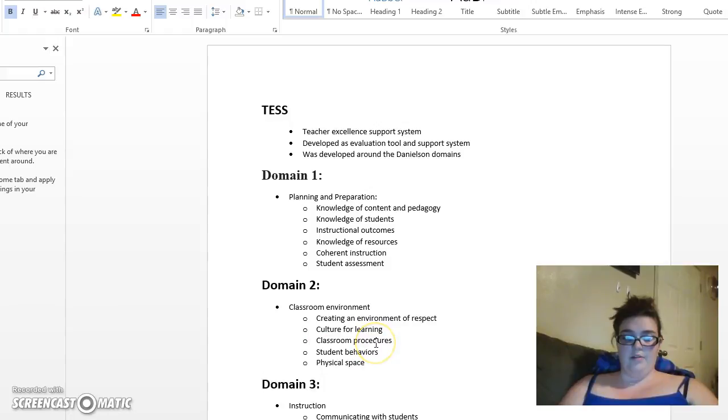And then student behaviors, you need to manage their student behaviors with expectations and the response to the behaviors that you give, because a lot of times students will be bad on purpose just to see the response that they can get from you. And then physical space, a lot of times teachers will set classrooms up really weird, or they're all in one line,